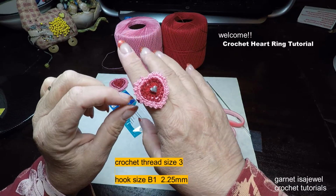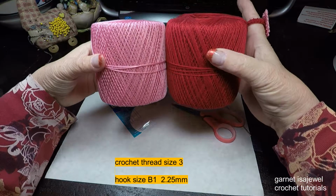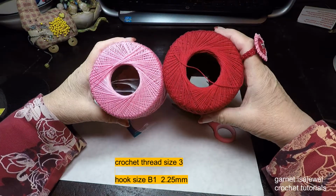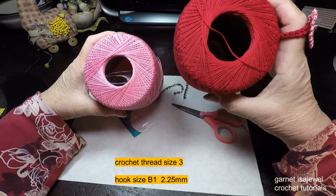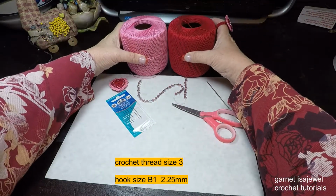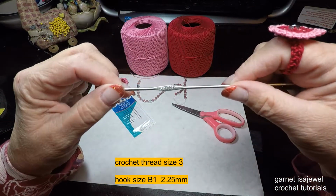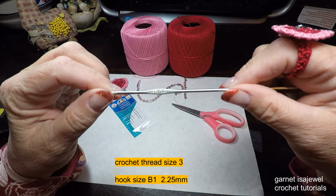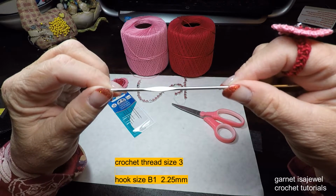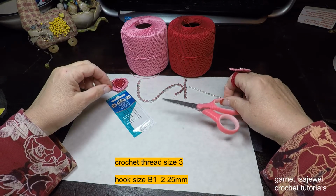Let me show you what the materials and tools are. Here I have crochet thread size 3 in red and pink. I have a crochet hook B1, a 2.25 millimeter, a pair of scissors,